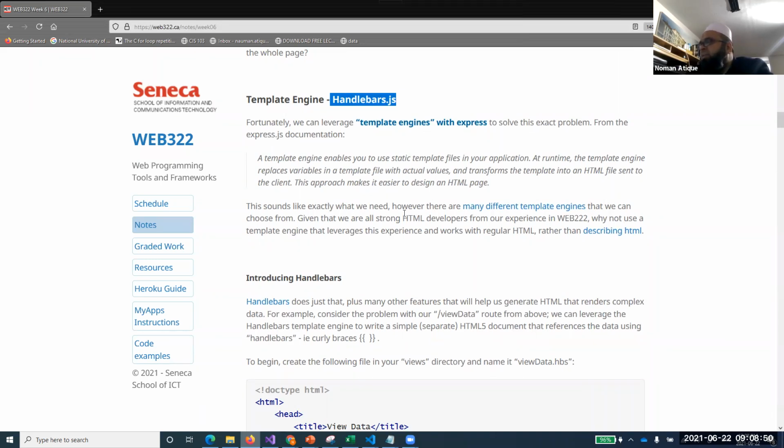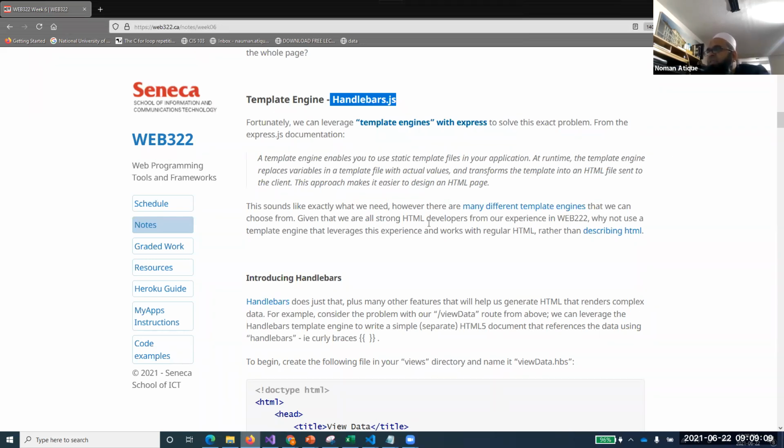This sounds like exactly what we need. However, there are many different template engines that you can choose from, given that we are all strong HTML developers from our experience. We have worked with HTML so much, in Web 2.0, and we have been working one way or another in Web 3.0 as well.